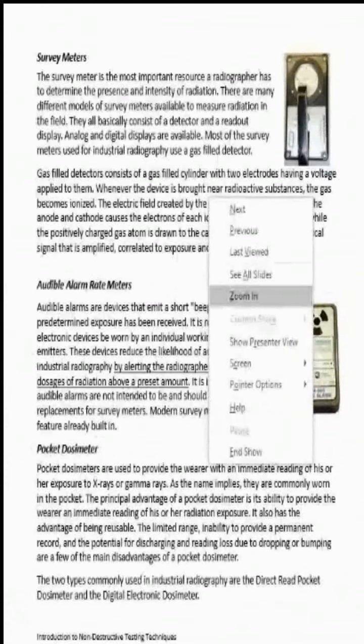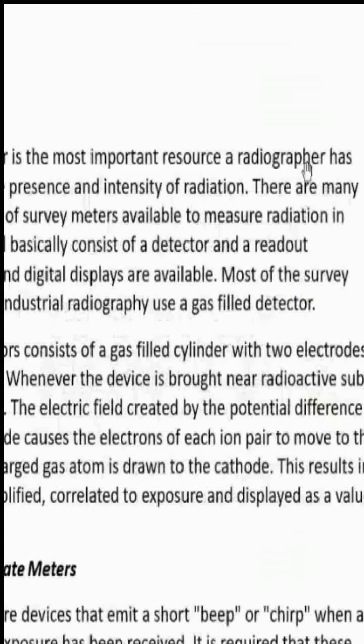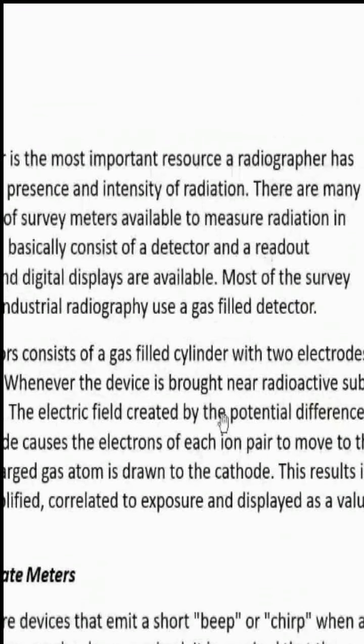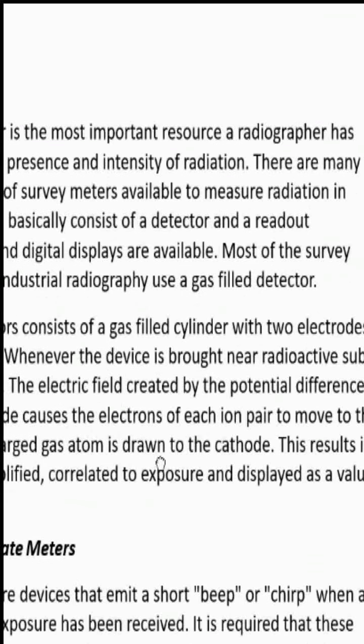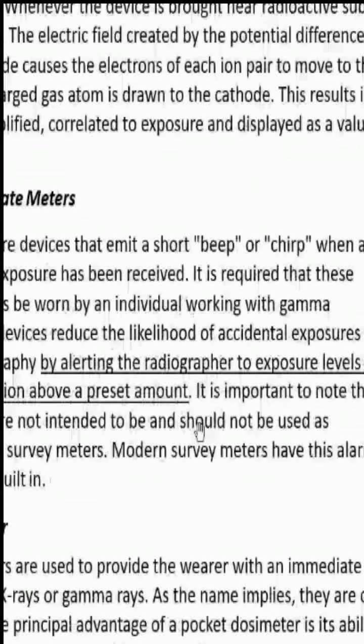A survey meter is a meter for taking readings of the nearby area of the radiation zone. TLD badges, pocket pens and other things are for taking the readings of the person and how much dose he is getting. This will be in milliroentgen per hour for the survey meter, and in rem for the badge. Audible alarm systems are generally there. If we get a higher amount of radiation, this alarm will blow like our fire alarm.